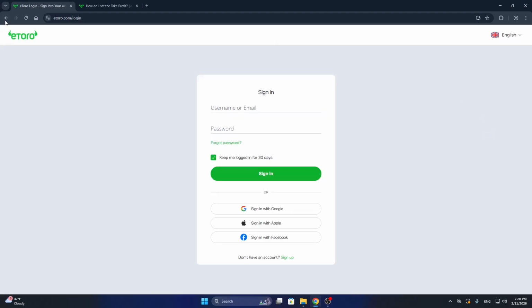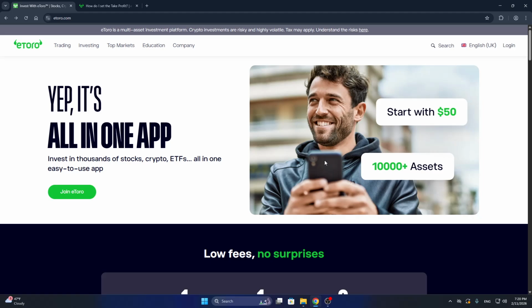and once you have logged into your eToro account, you are going to be greeted by a different main page from where you can get started accessing your profile picture right here in the upper right corner. That's going to enable you to open up your portfolio, dashboard, wallet, and so on. So let's take a look at how to set up the take profit option once you open up